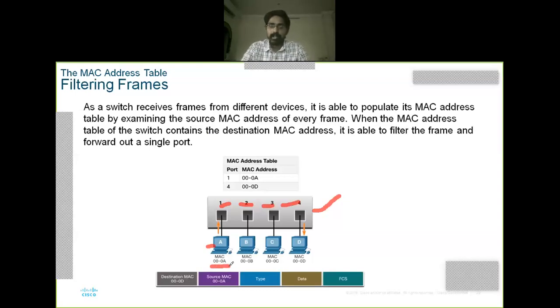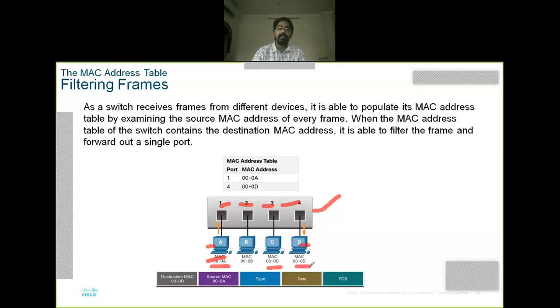Actually, what is the size of a MAC address? 12 hexadecimal values, right? But for your understanding, we are giving only a few. The MAC address of system A is 000A, system B is 000B, 000C for C, and system D is 000D.